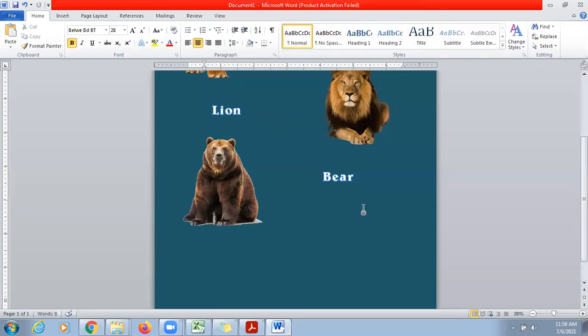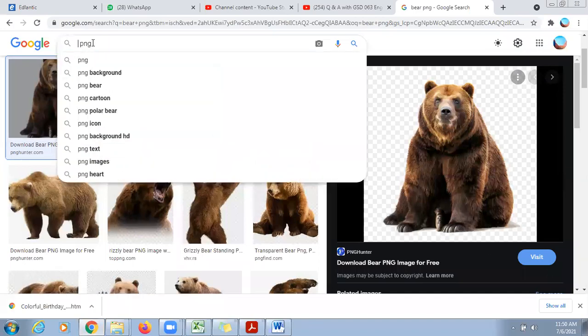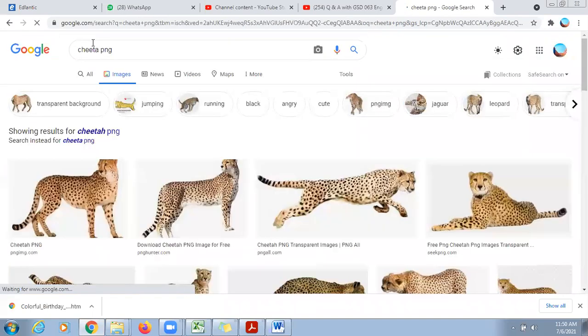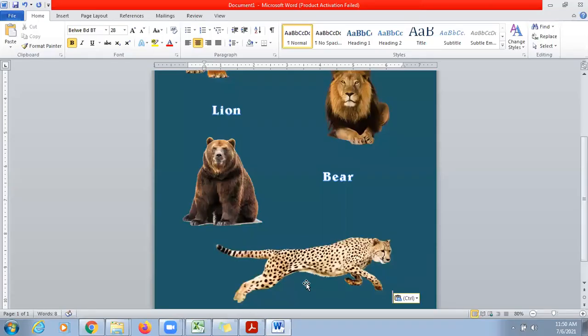Okay, now we have a space to add one more animal. Here I can add, copy, paste. Okay, one more thing I can do now.